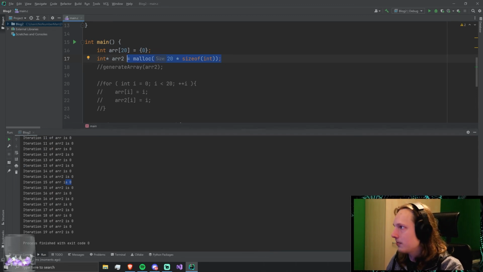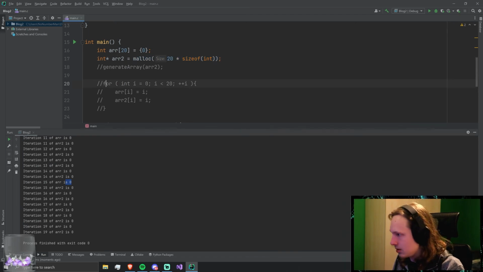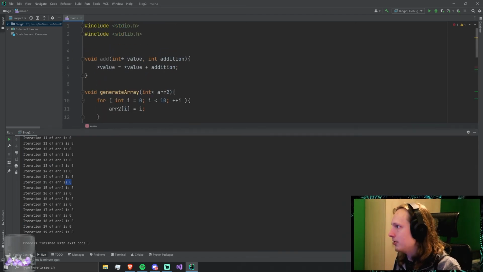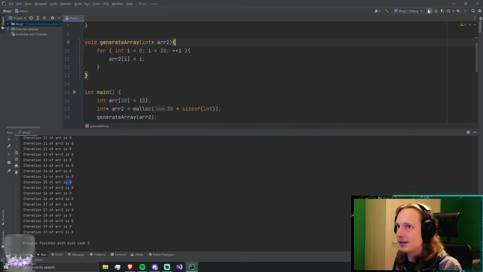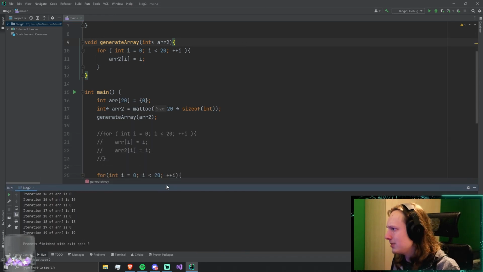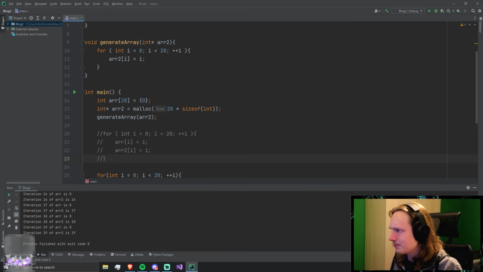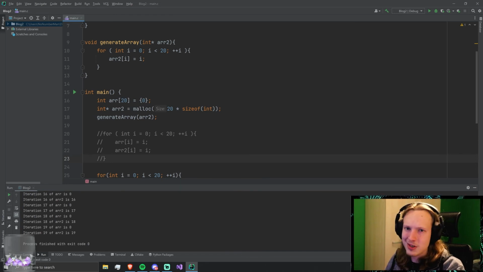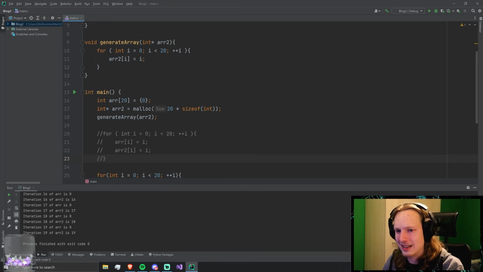So you can still use this for arrays if you are sure that you are just going to call something like generate, and that will actually work on 20 values. There we go. And then it works fine, you don't have to set everything to 0. But you kind of want to keep that in mind, right? Sometimes you do really want everything to be zero initialized, and then calling calloc is just very handy. It's just very nice. Otherwise, malloc is just fine. There's no real other difference than that.